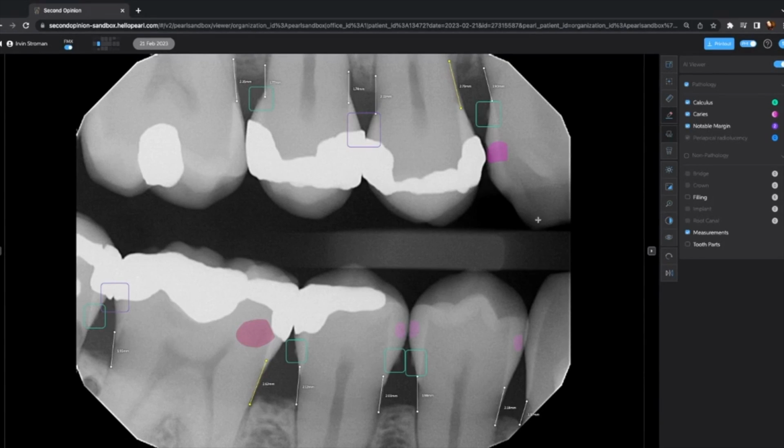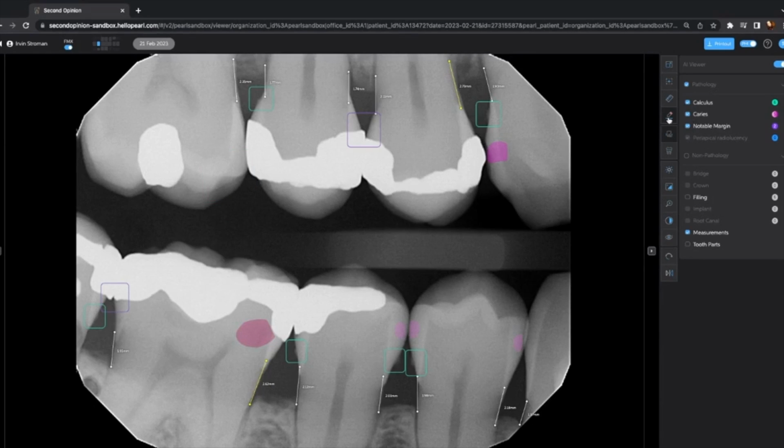On the flip side, if you're reviewing an image and you feel that the artificial intelligence did not detect a condition, you can also use the edit tool to draw a square around the area. Having the square will give you the ability to select the condition appropriate. There's a full list of different pathologies down below, calculus and caries, or periapical radiolucencies. And selecting the appropriate condition for what you're reviewing will also change the square to the correct color-coded color. So if I select caries, it will change my square to a pink shade.